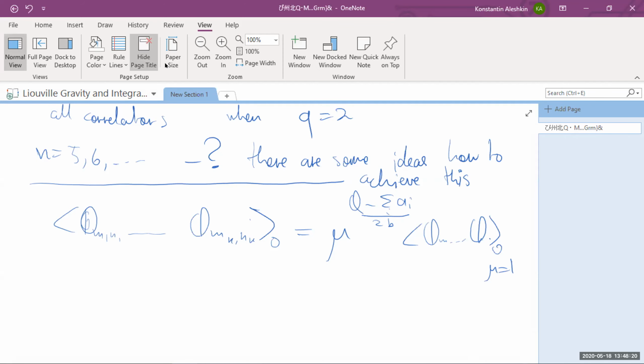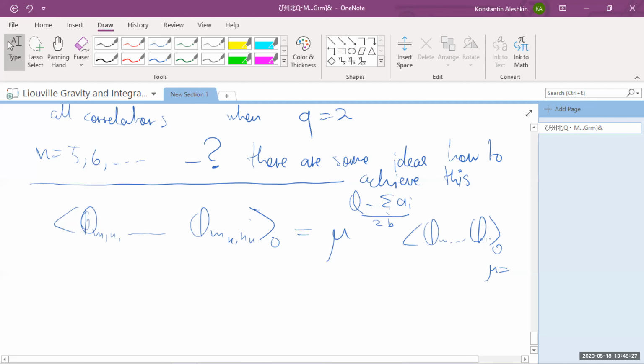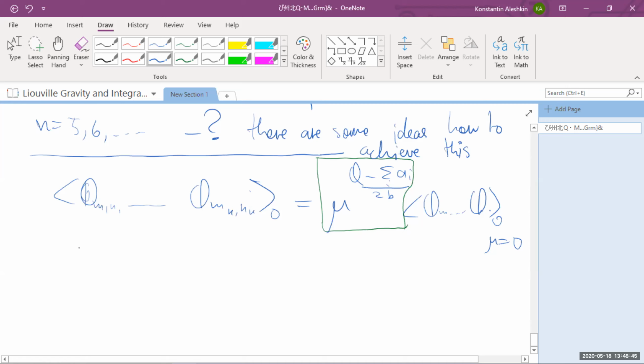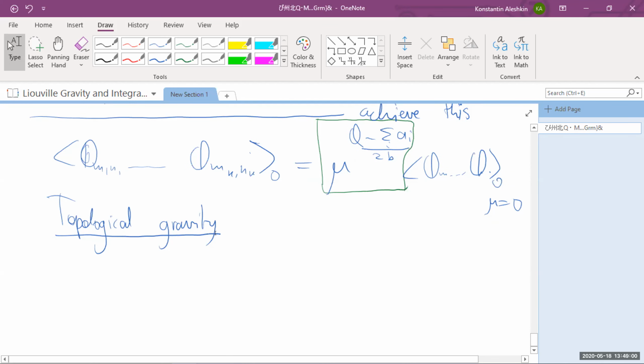So this scaling relation actually will be important in the identification, because otherwise it's a very unclear problem. So now I'm talking about topological gravity. And this is an idea which leads to much simpler computations, at least. The idea is again, if we have a Riemann surface with some data,